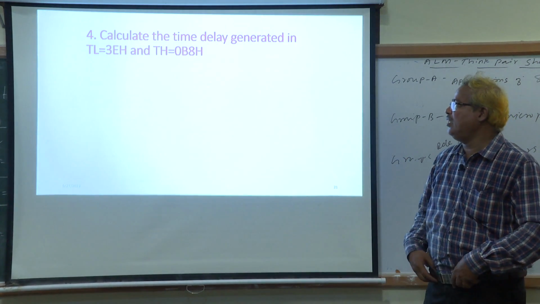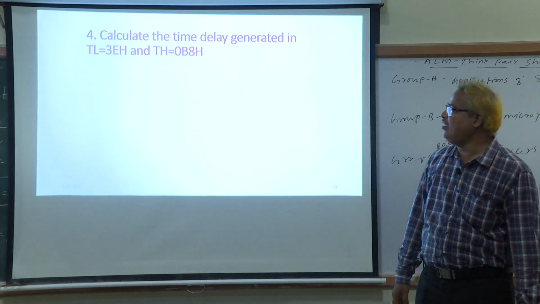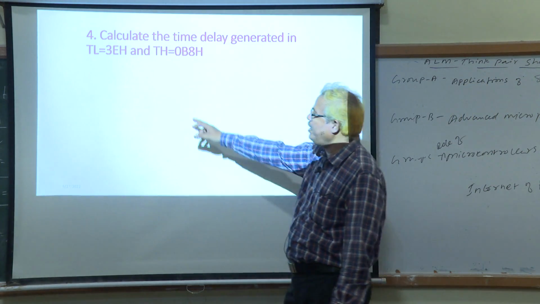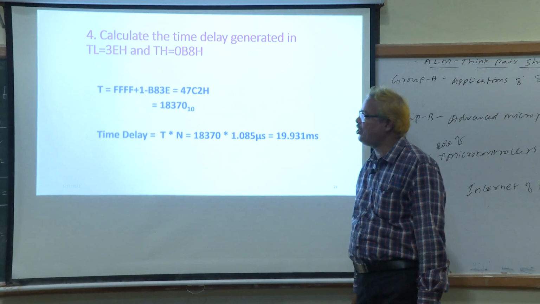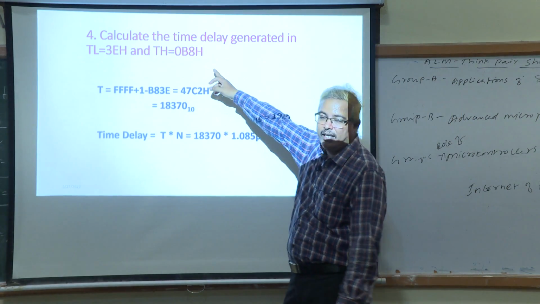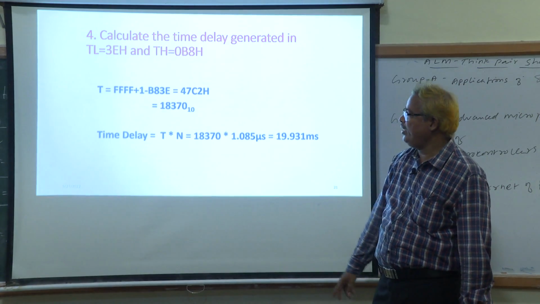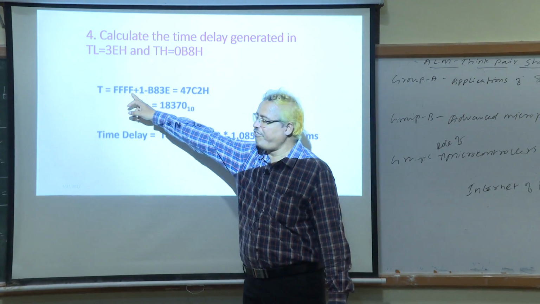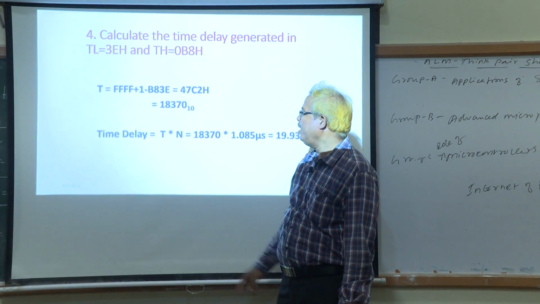Then the next question can be asked like this: calculate the time delay generation. TL is equal to, if the initial value of the timer is 3E and B8H. Okay, that is B8 3EH. For that, how much delay will be generated? Okay, so T is equal to the maximum value FF plus 1, minus B8 3E, which is